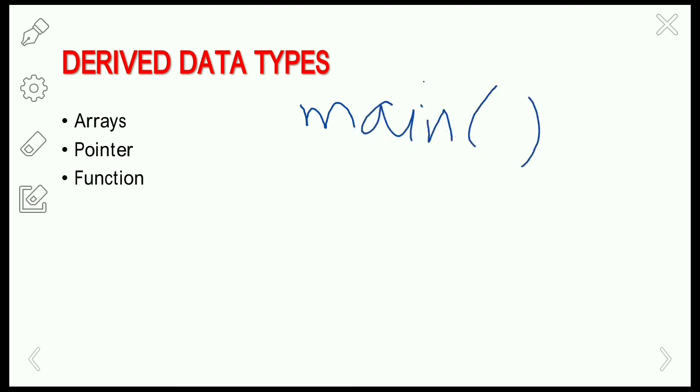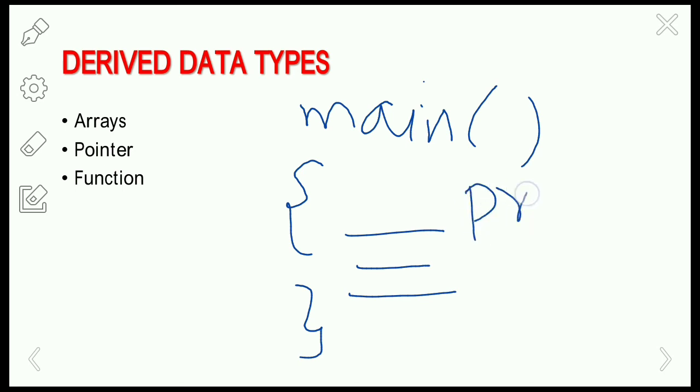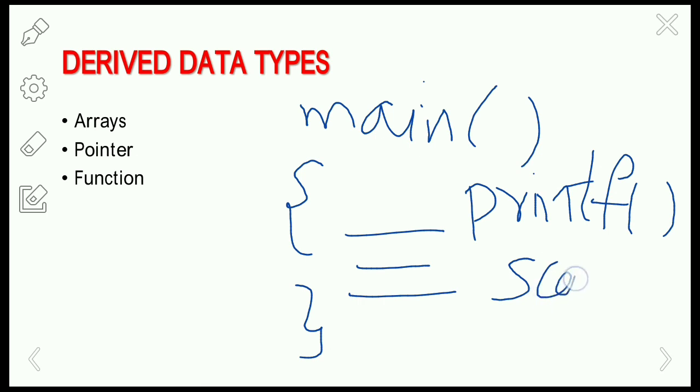A program starts with the main function and it has a set of statements. Similarly, the printf function and scanf function are also basic functions that we are using.